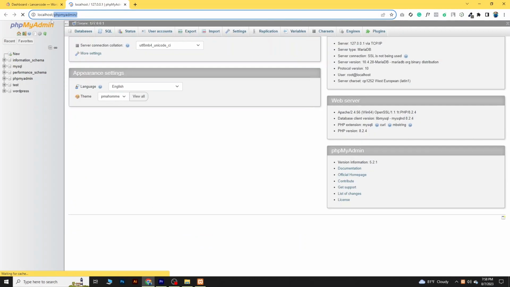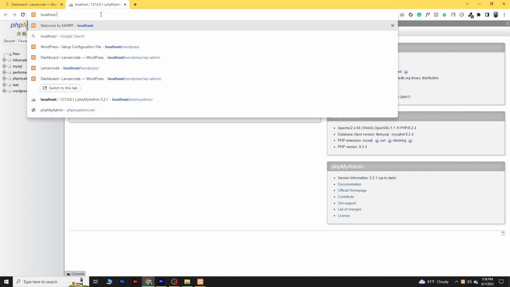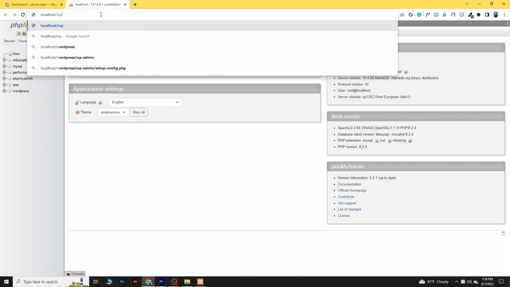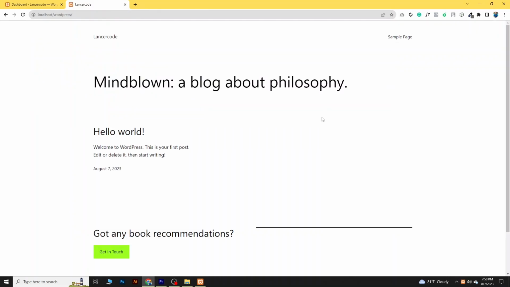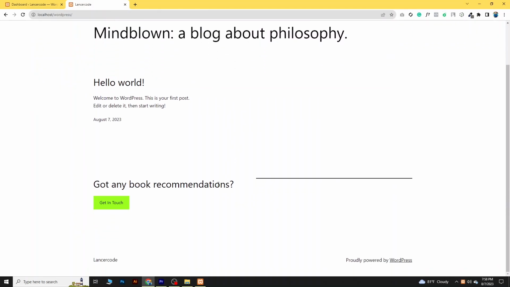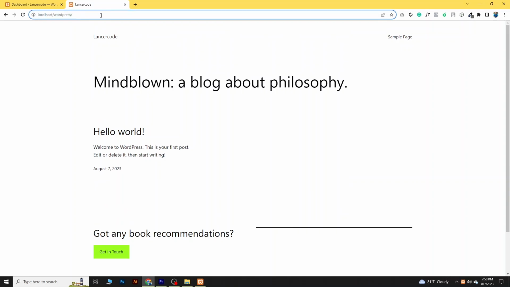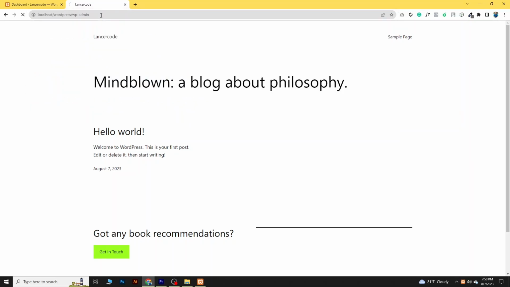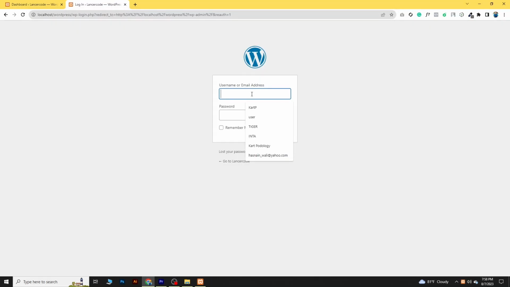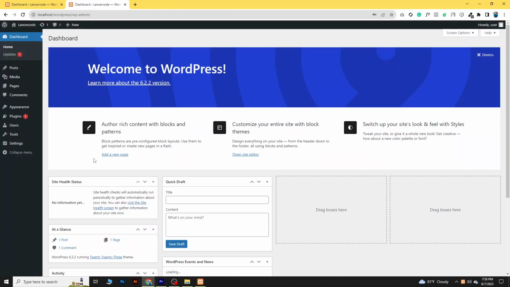to admin. From here then you will see localhost phpMyAdmin. Just remove this slash and go to WordPress and hit enter, and here is your site. Now how will you go to the admin panel of this site? Just after WordPress, write wp-admin, and it will take you to the login page, and here you will give your username and your pass and hit login, and then it will take you to your dashboard, and you can see this is our